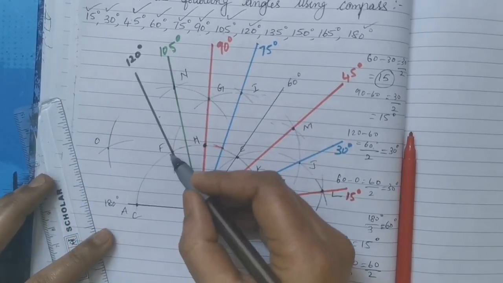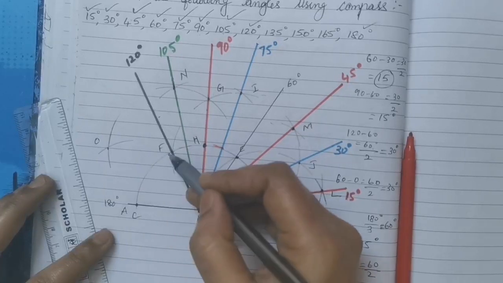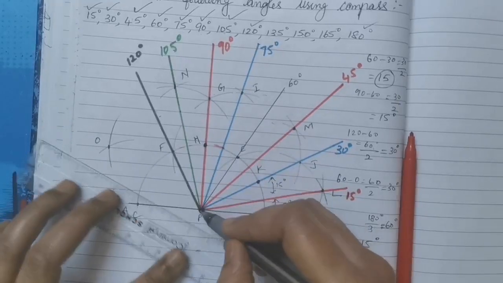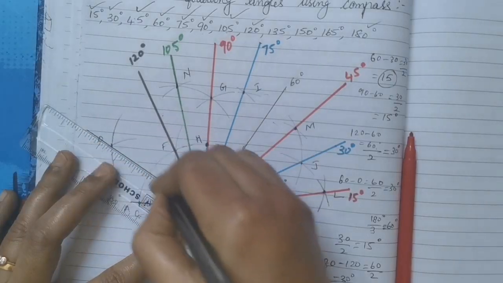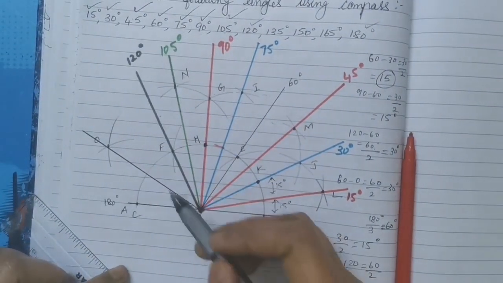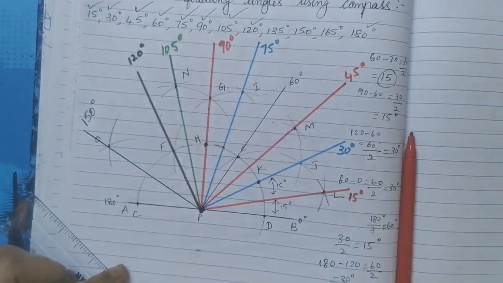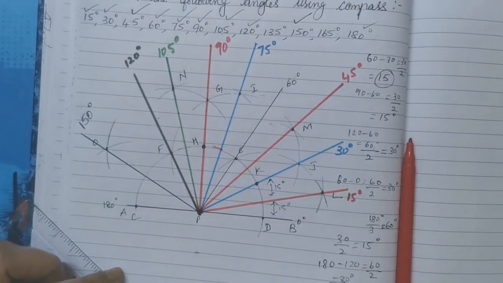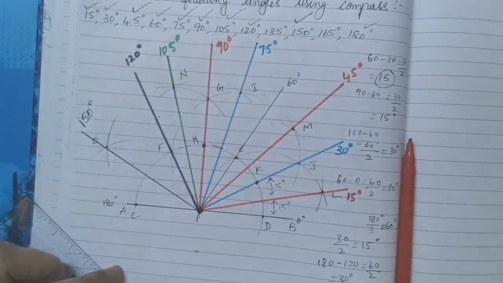So now we divided 60 degree, 180 and 120. In between 180 and 120 there are 60 degrees. Each part formed will be 30-30. So when I draw a line here, this is 30 degree part, this is 30 degree part. So 120 plus 30 will give us 150 degree. Now we got a 150 degree. Now to get 135, we need to divide the part between 120 and 150.